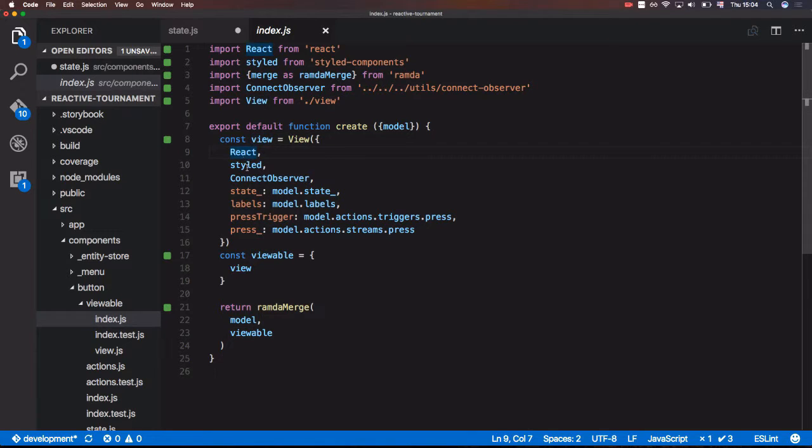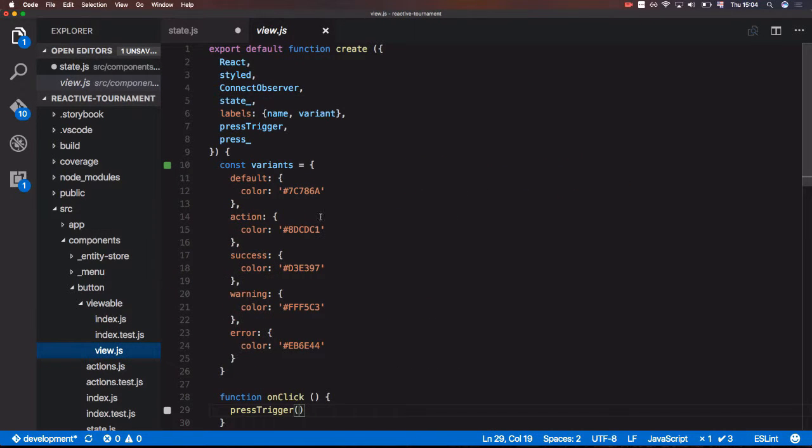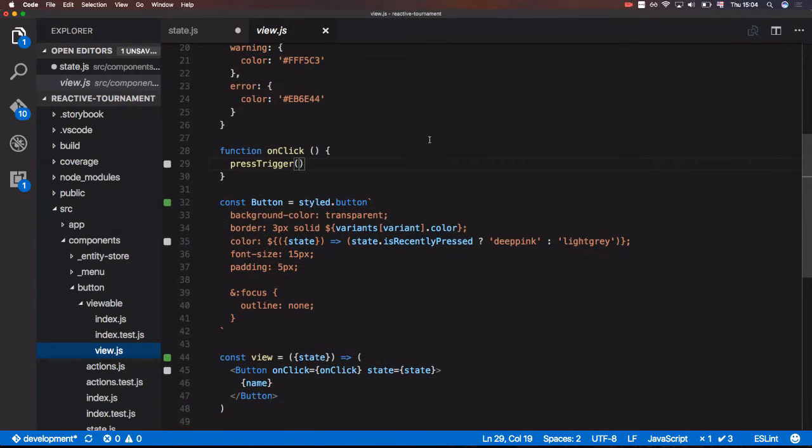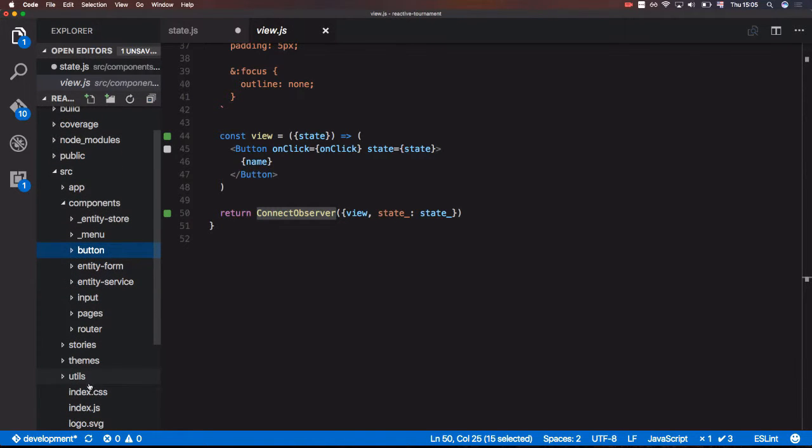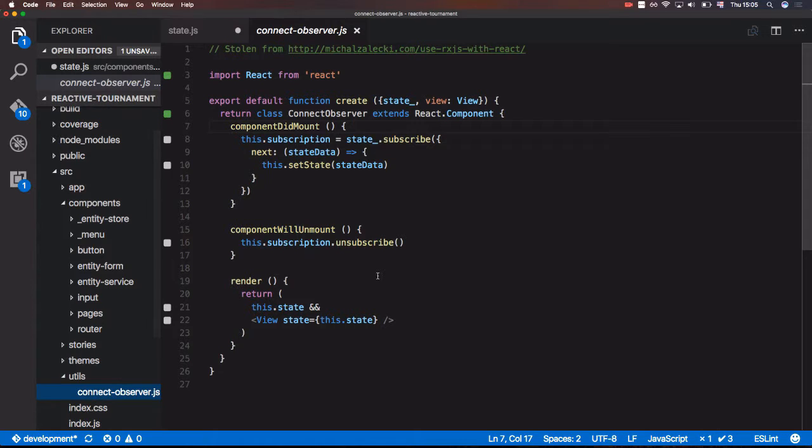When we send in React, I use styled components. Check it out, it's awesome. Some kind of helper. This isn't hard to test. There's a bunch of variants for the colors and all that stuff, but here's the trigger. It's just an on-click handler. And then you do some kind of connect, and that basically looks like this here. I'm not done with that code yet, but component did mount,